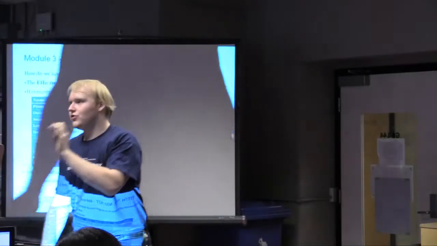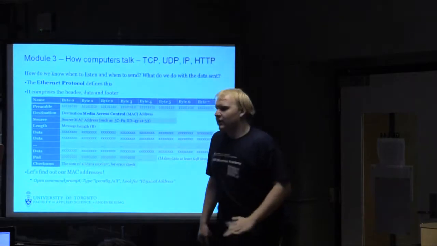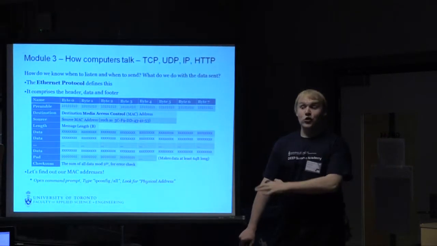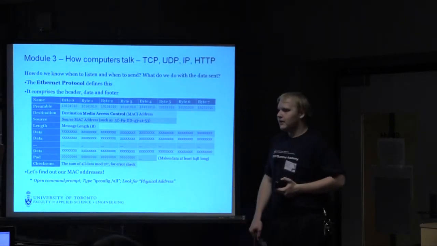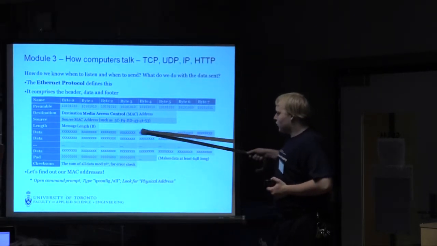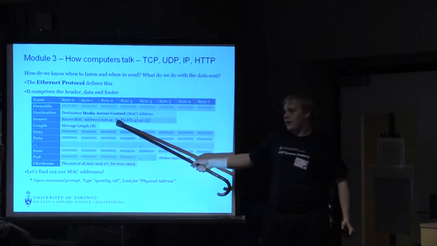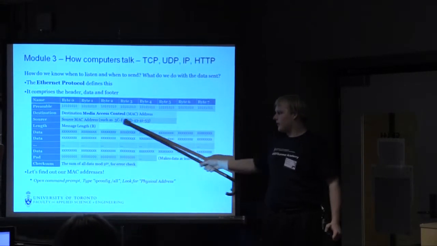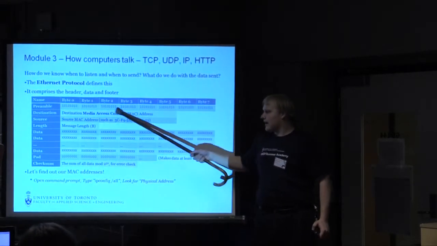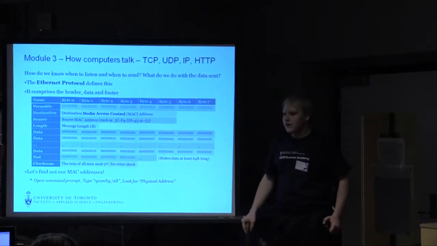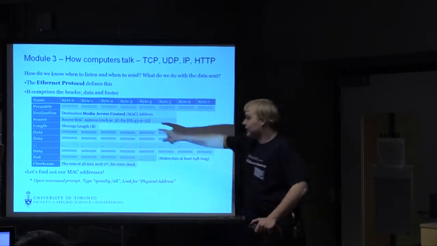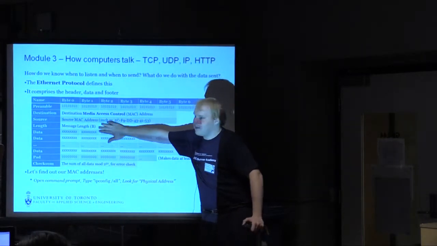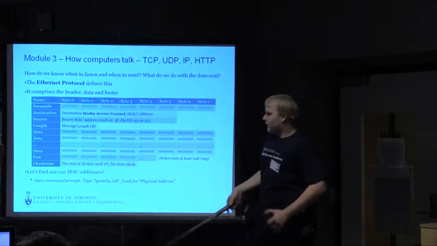It's like an IP address, but it's a level below that. An IP address is an internet address that's global. A MAC address is for every piece of hardware. So it's 6 bytes instead of 4. Each byte is 2 hexadecimal digits, and we have 6 of them, right? So this is what a MAC address might look like. And it's different than an IP address. Then we send the length of the message, and that length is in bytes, and the message itself,